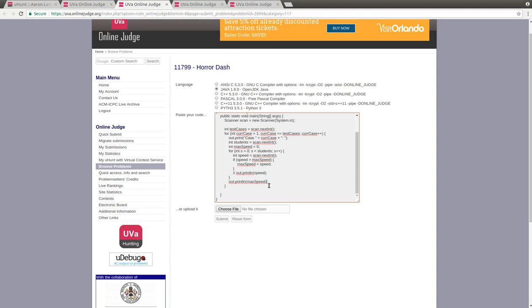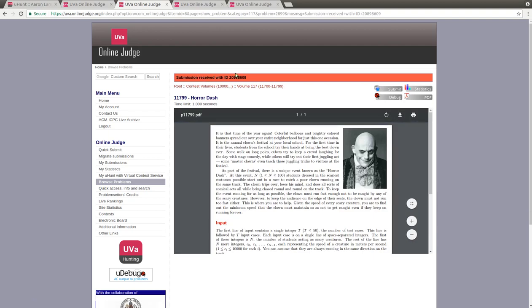And so those are the 3 things you're going to need in order to pass. It can't crash, it can't be too slow, it can't do anything illegal either. If you try to access things you shouldn't, you'll also get wrong answer. So when we click submit, we can see that it's going to say submission received with ID. And if we go to my submissions,